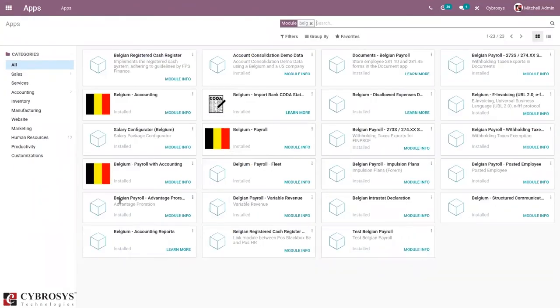Okay, so here we can see Belgian payroll advantage proration. When you are hired for a new job, you typically receive a benefits package, a salary package that includes not only vacation and insurance benefits, but also some salary information.